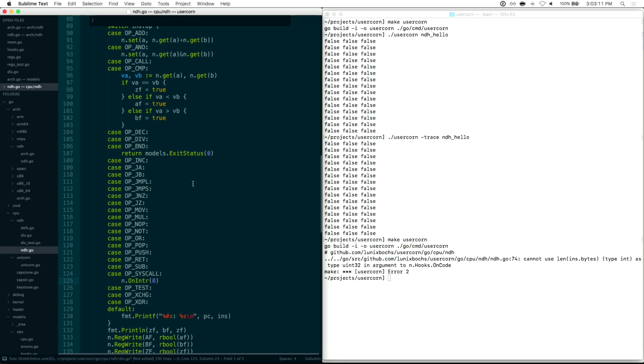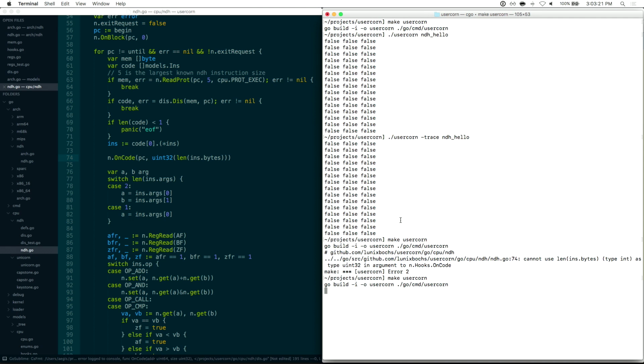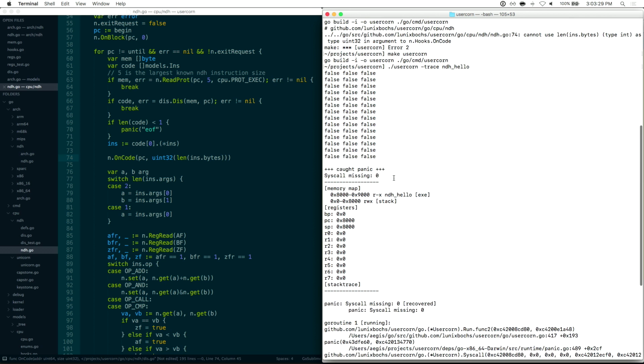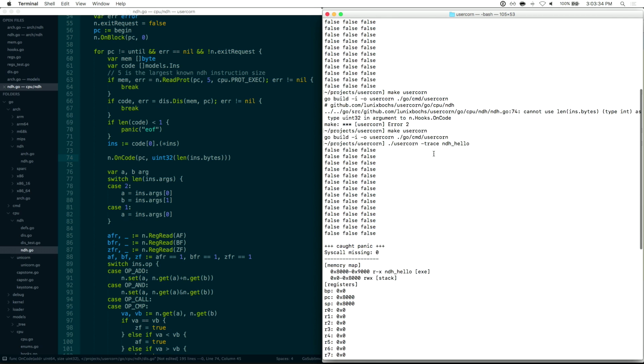So on code has the wrong type. This needs to be uint32, uint32. And it panics with a missing syscall,